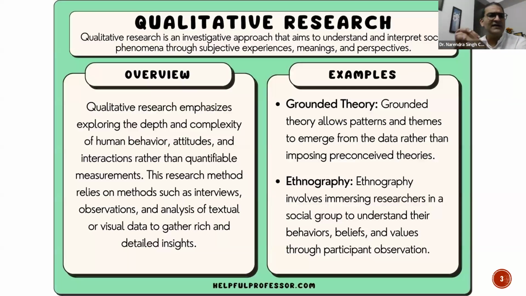So they would like to understand, it didn't happen earlier, but why are such things happening right now? What has happened that such a harsh decision has been taken, or tough decisions have been taken, right? So now I want to understand the reason for that. I want to understand the depth, the complexity, because it's very difficult to understand human behavior, their attitude, and the way they interact, rather than quantifiable measurements, where causal relationships are there.